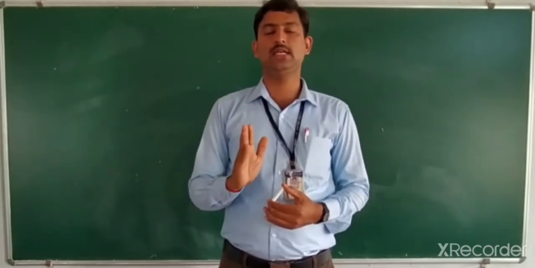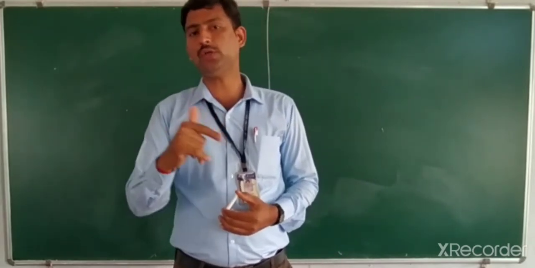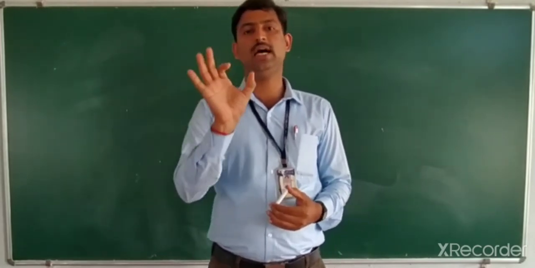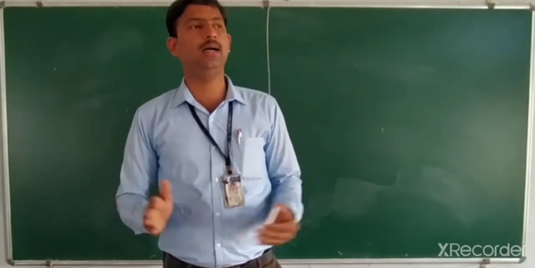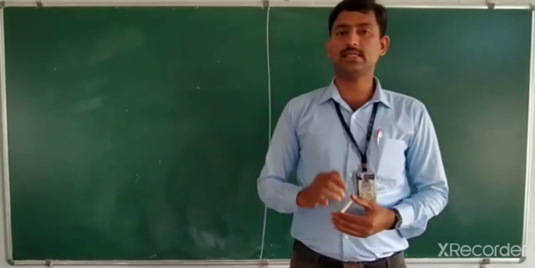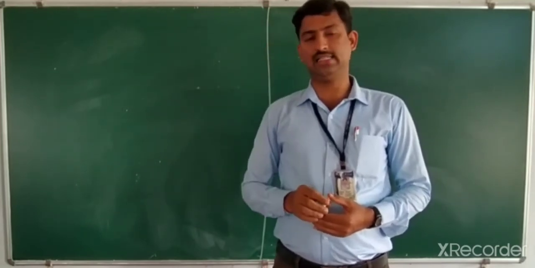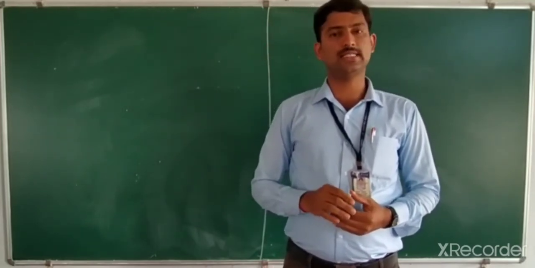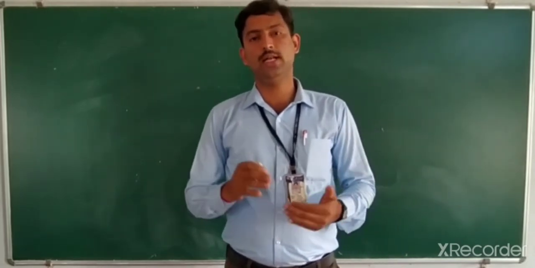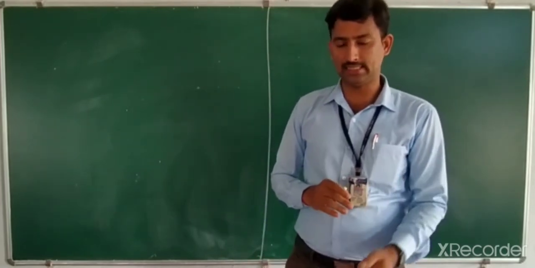But in your syllabus, we have only two orders, mainly 2 cross 2 and 3 cross 3. But the determinant of a matrix of order 1 cross 1 is the number itself. That's the point we discussed in the last classes, and we have discussed some of the important problems of the category of 1 mark. Now in today's class we will take some problems based on how to find a determinant value with the help of some methods.